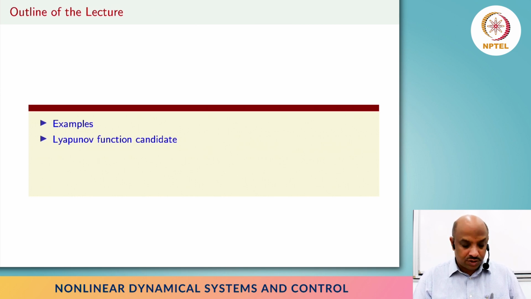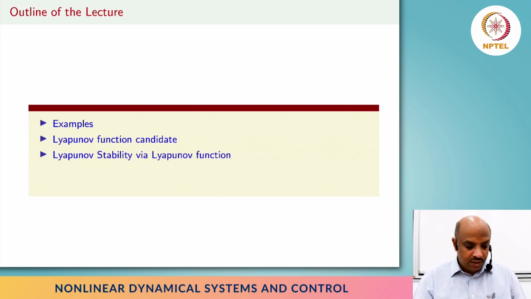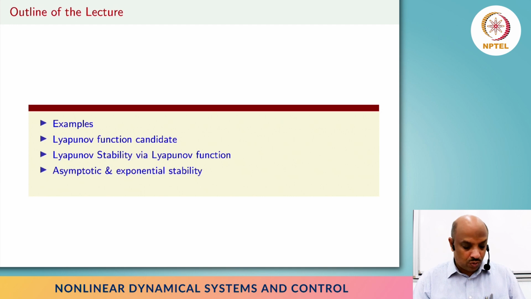these stability notions, and we define something called a Lyapunov function candidate. It's a straightforward simple thing when we see it, and then the main theorem, the Lyapunov stability theorem, using these Lyapunov function candidates and Lyapunov functions, and then we can eventually show asymptotic and exponential stability. So for all these things we'll have some interesting conditions, right? So the next